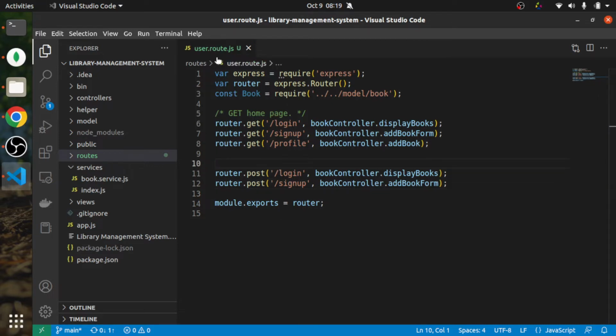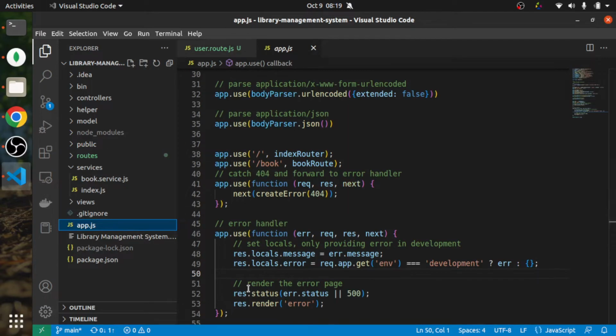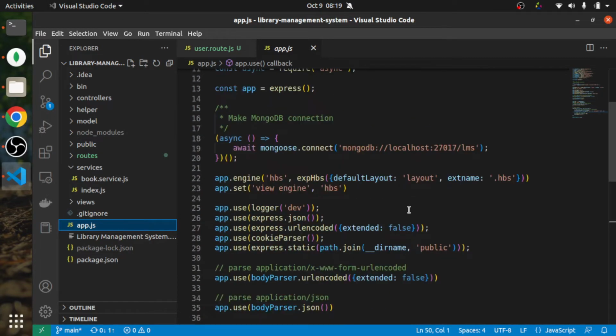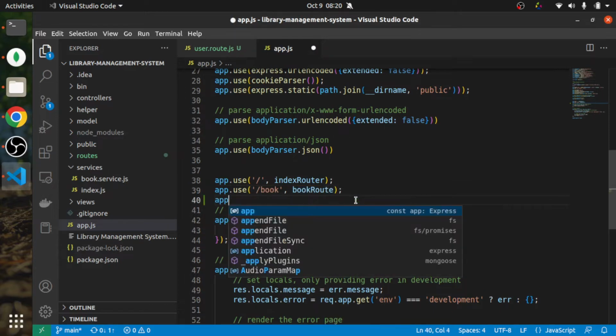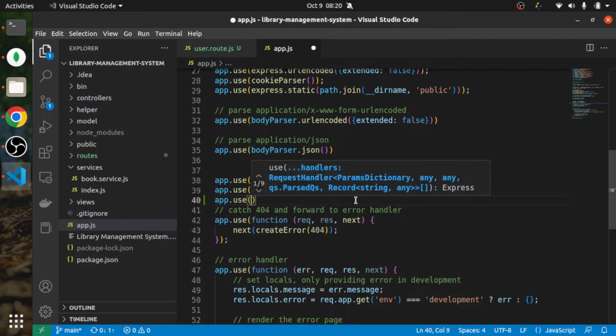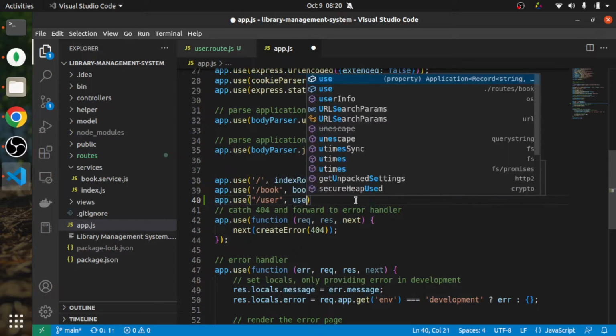We have created the user route, but we have not integrated it into our application yet. To integrate it, if you go to app.js, here is app.use. For the book route, we are using /book. For the user route, we can write app.use with /user, and the user route. But